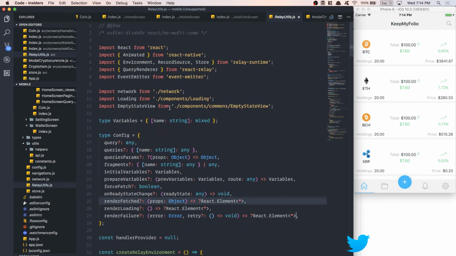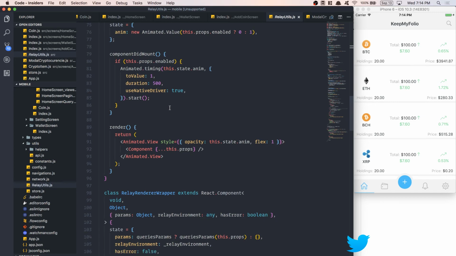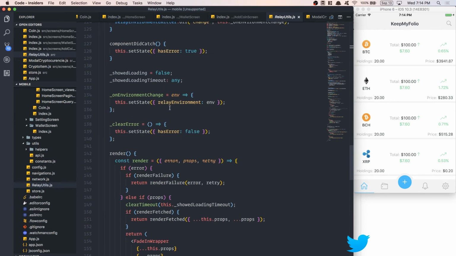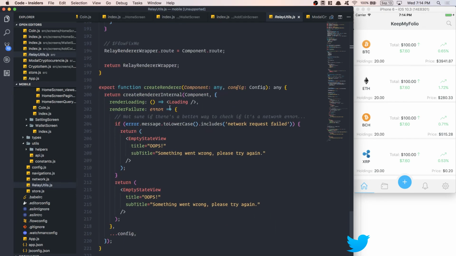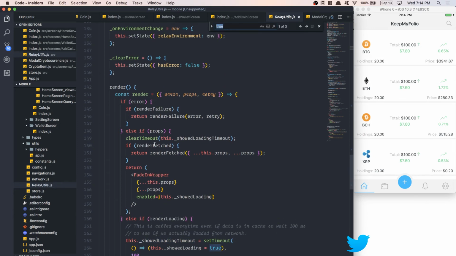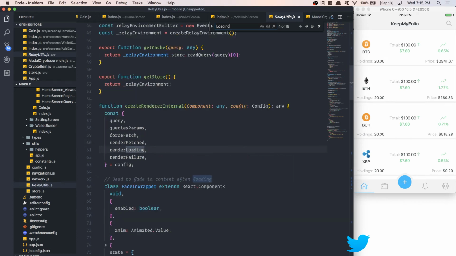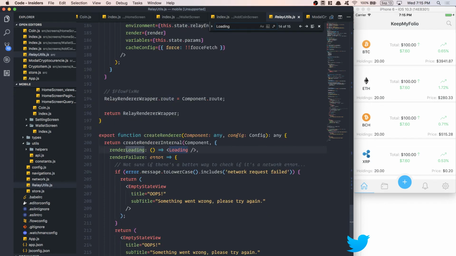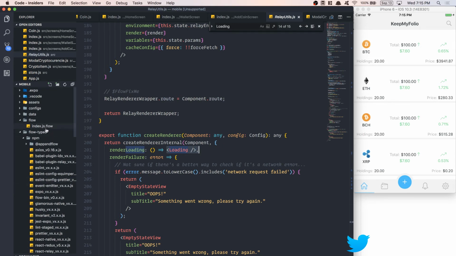I think here I use my Redux store. So loading right there, okay? But this loading here,